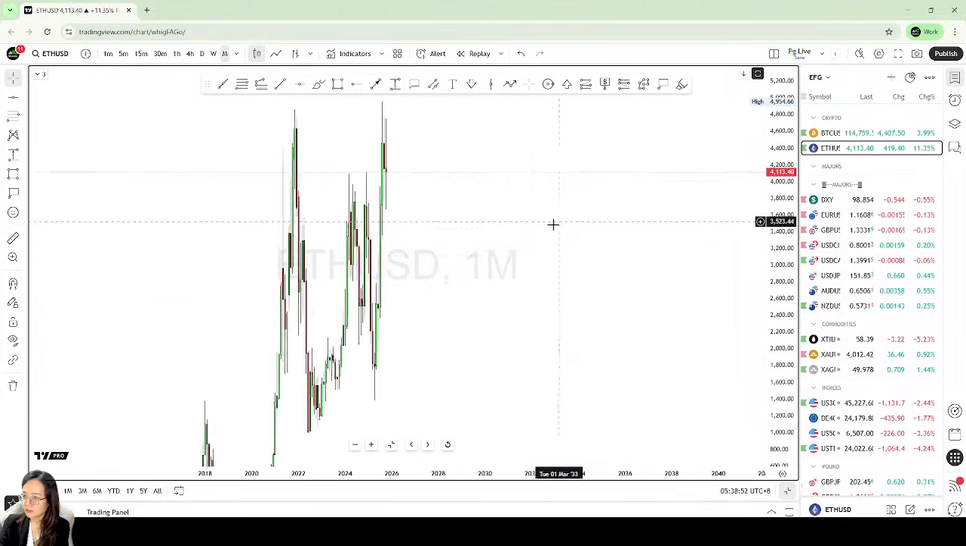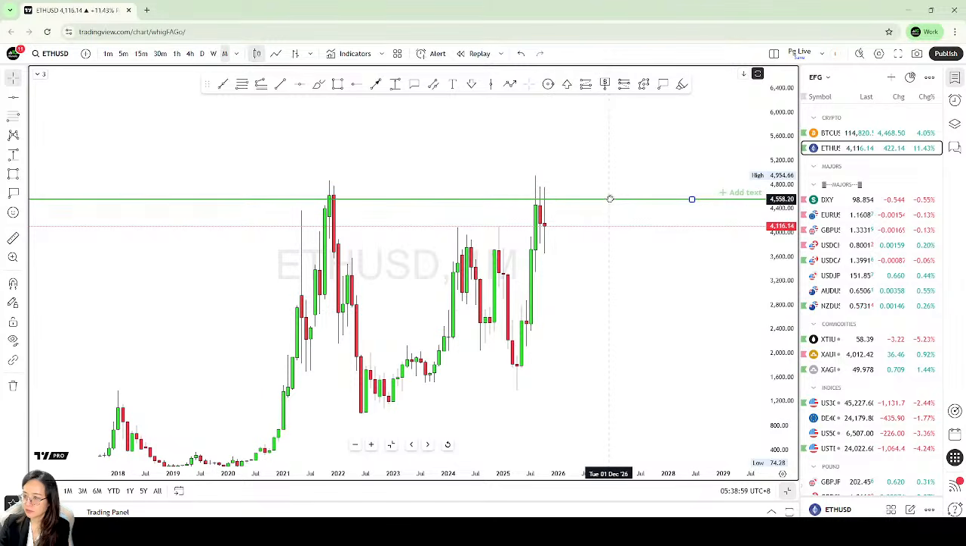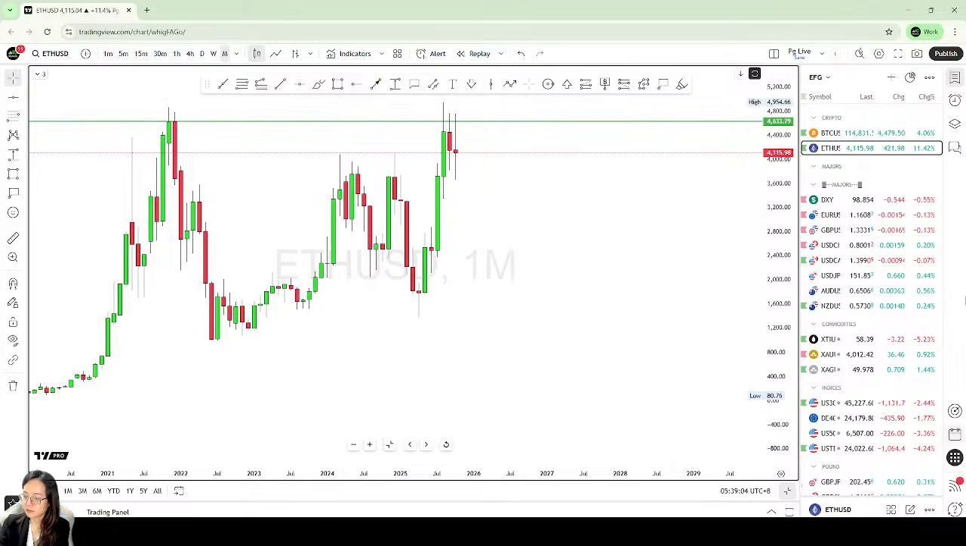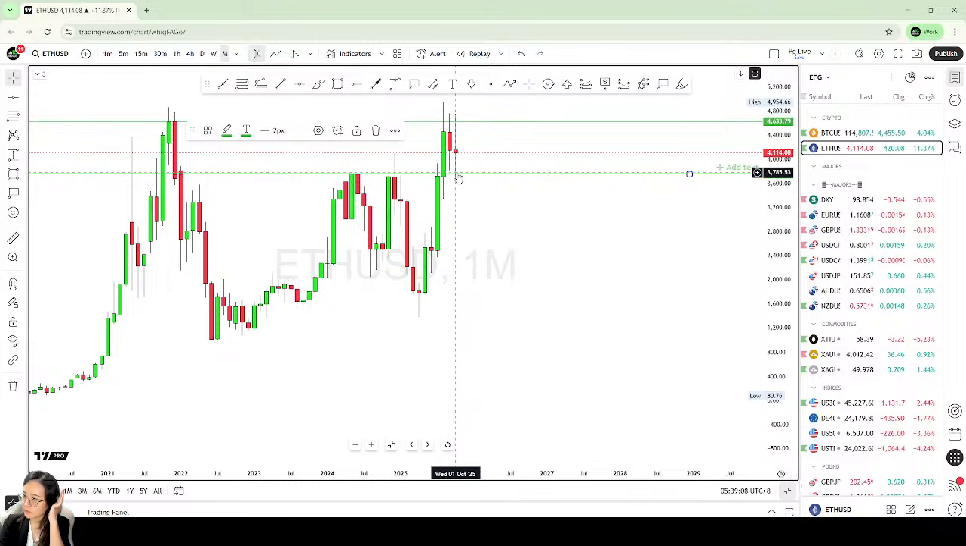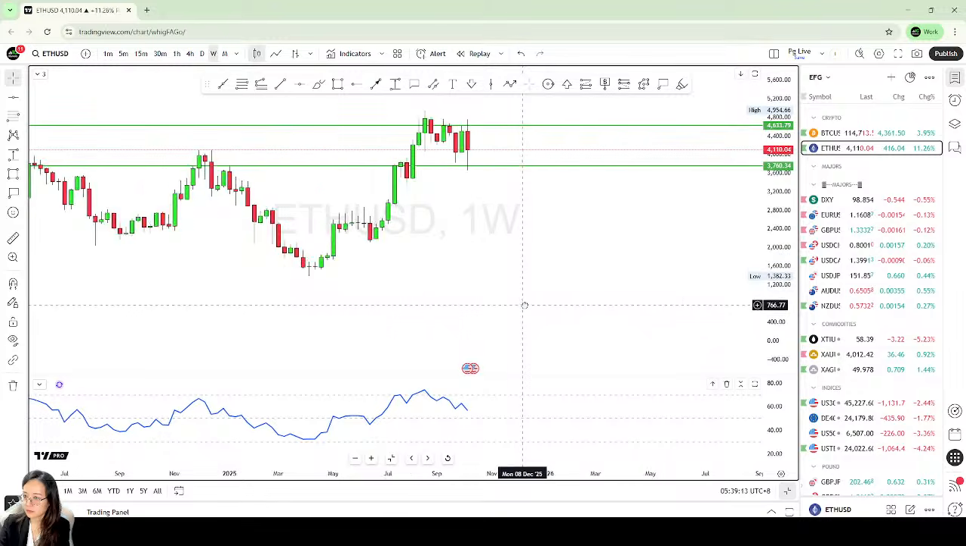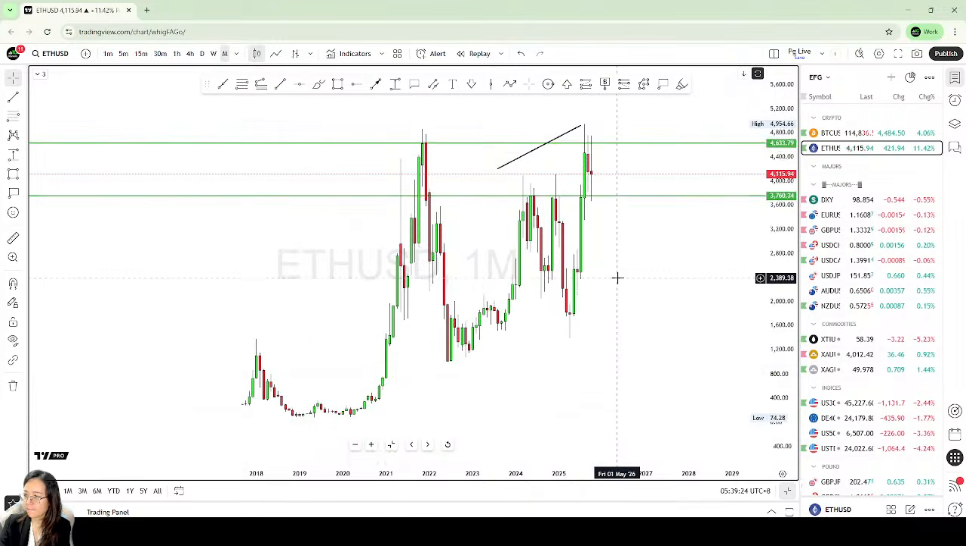Okay, let's do it again. Top down analysis. This is the resistance, remember. Price fell to the support level and had the rejection. And I said, remember I said that I saw the divergence here versus the RSI. Okay,